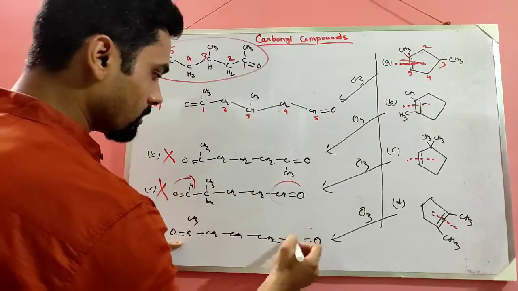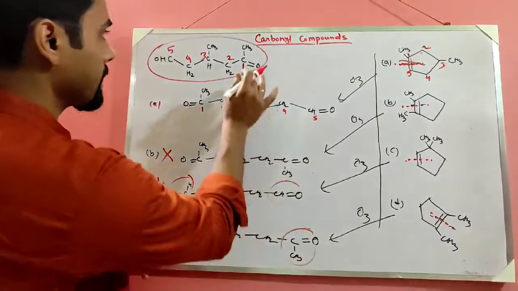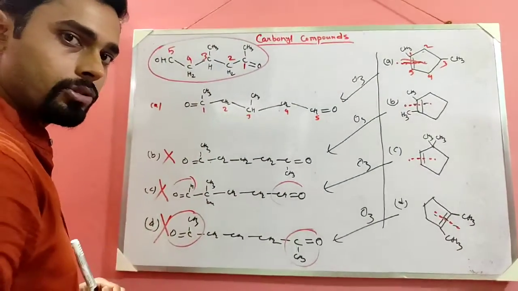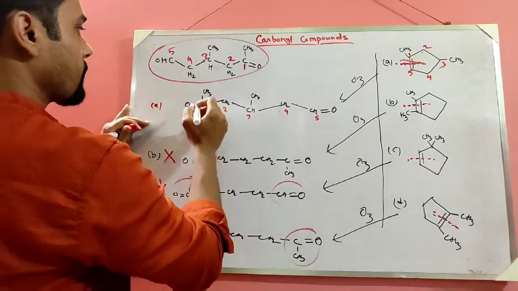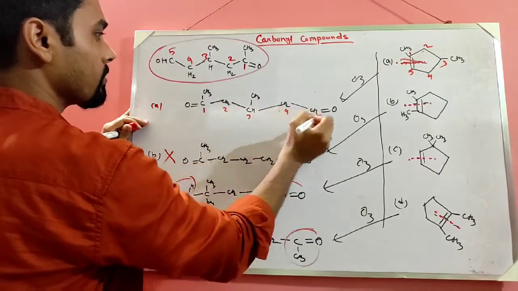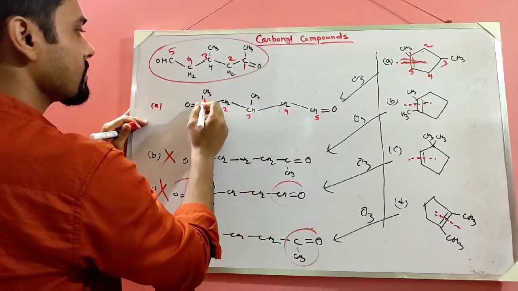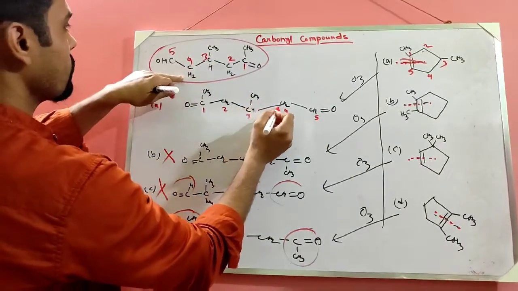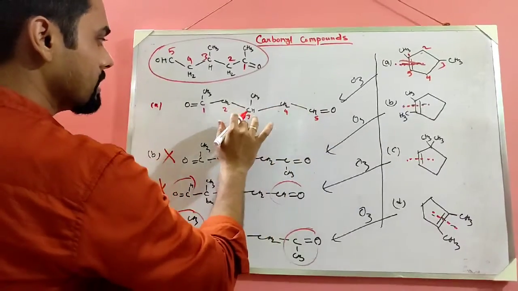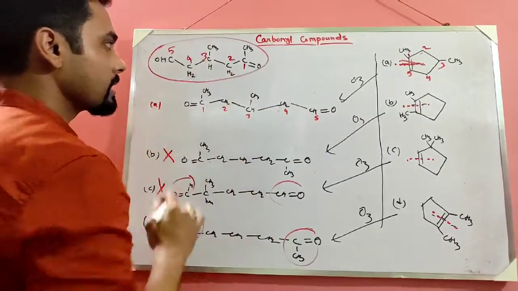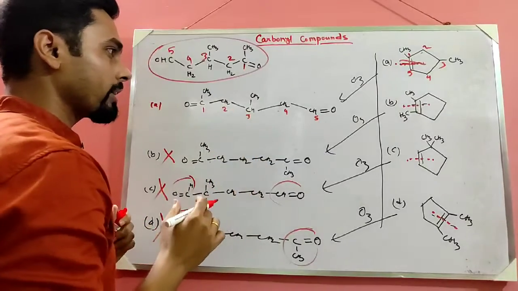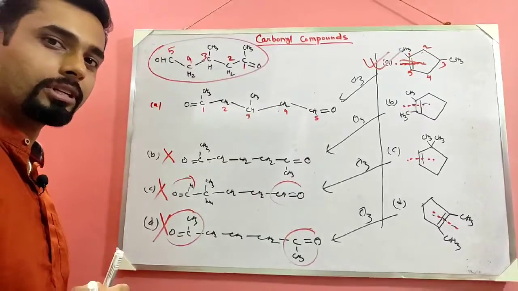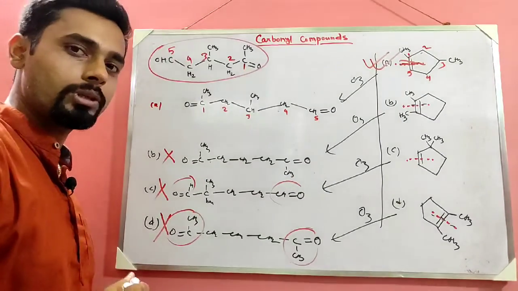COCH3 is present on both sides here, but here COCH3 and on the other side CHO, so this will also not be the actual product. Look here, if we number 1 2 3 4 5, look, 1 COCH3, CH2, number 3 carbon CH3, number 4, number 5 CHO, so this product matches the given compound. So the actual answer is product A. Okay, this is one way.